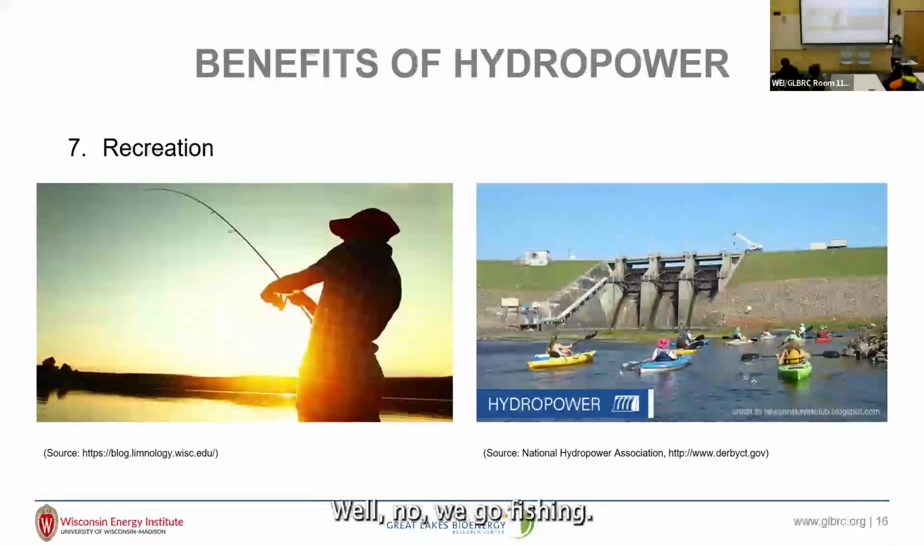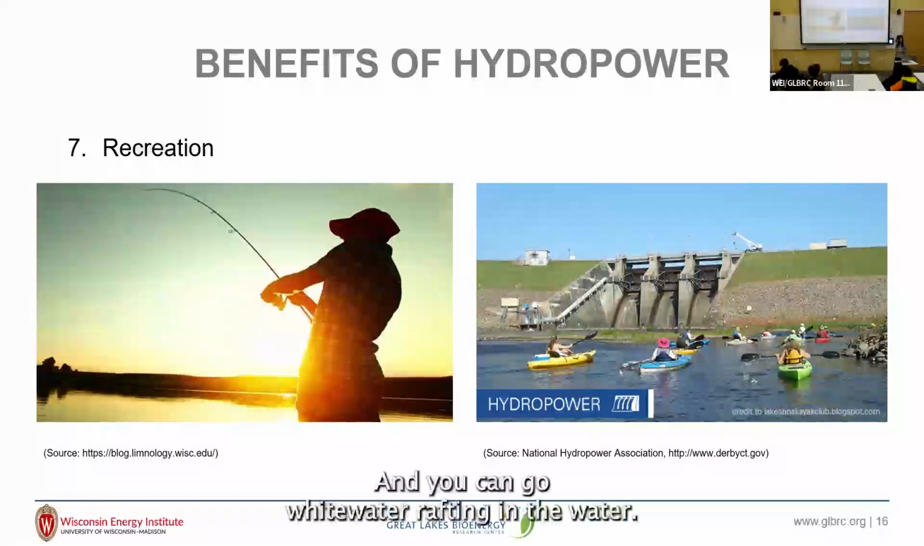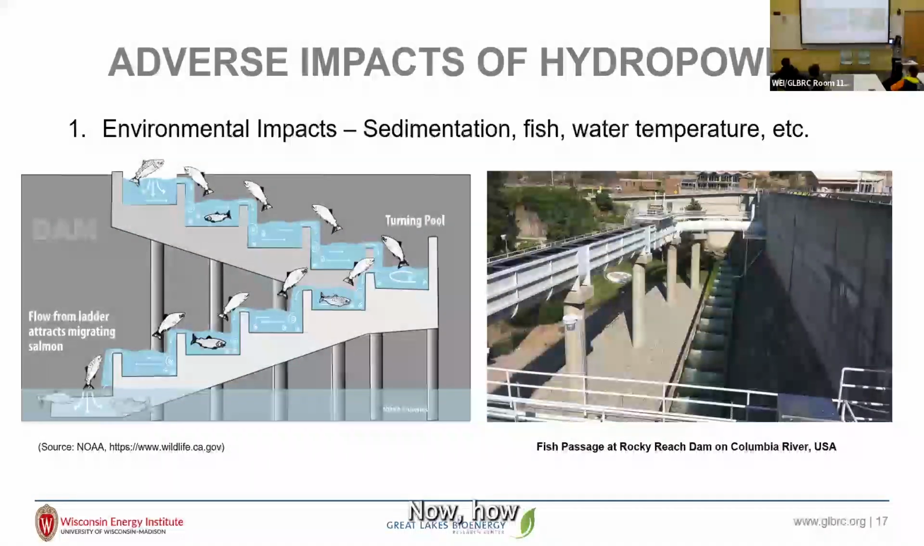Recreation, obviously, we all know, we go fishing. That's why lake properties are so expensive, right? And you can go whitewater rafting in the water. So there are all kinds of benefits there. Now, done with benefits, let's talk about adverse impacts. I think the biggest